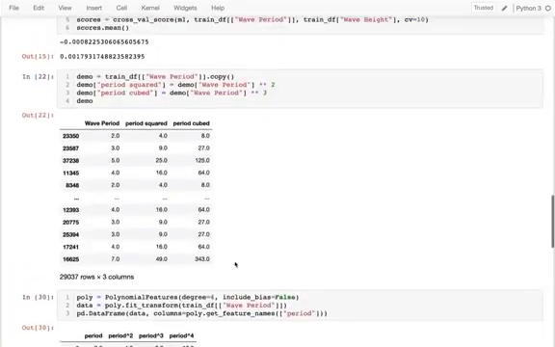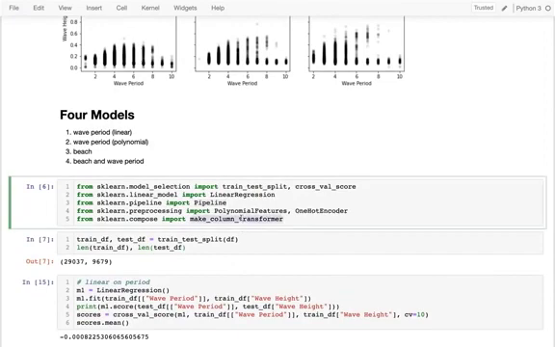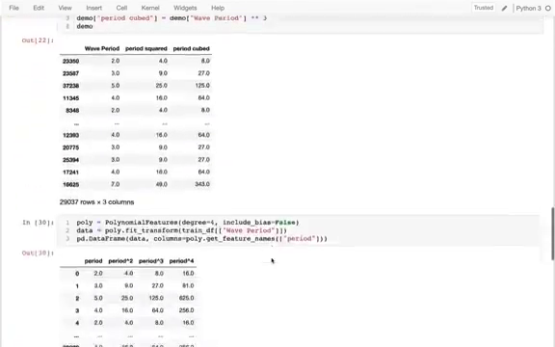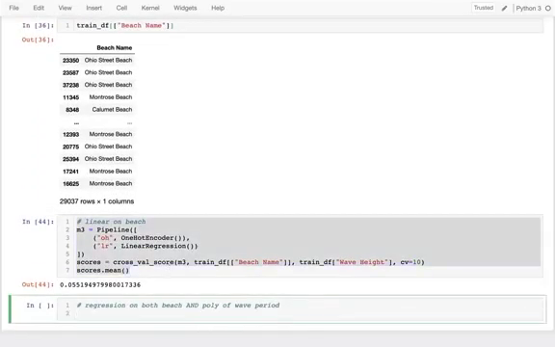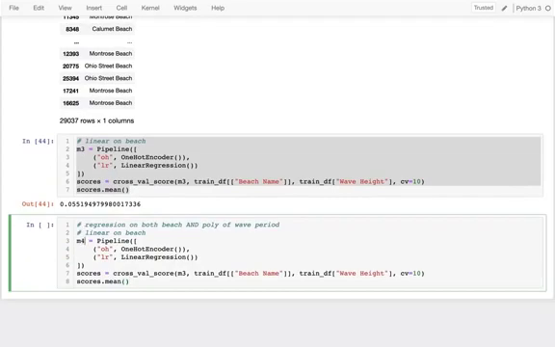And it turns out that that's that last piece that I imported up here. The make column transformer is going to let me stitch together multiple transformers, each of which applies to a different column. So I'm going to come down here, and I'm going to copy this for my inspiration for model 4. All right, so I'm going to have model 4 now. And what am I going to do? So this is what has to change, right? Somehow I have to have something here that can capture both columns, right? Because what I'm going to do down here is I'm going to pass in both beach name and wave period